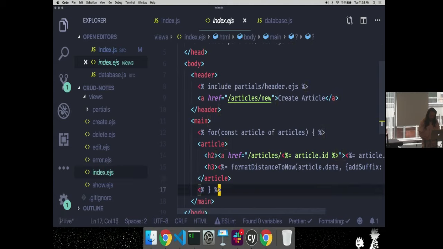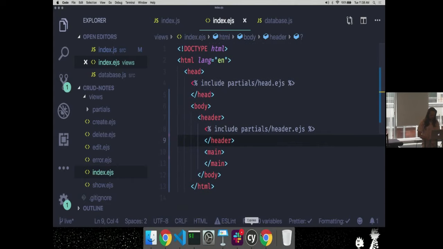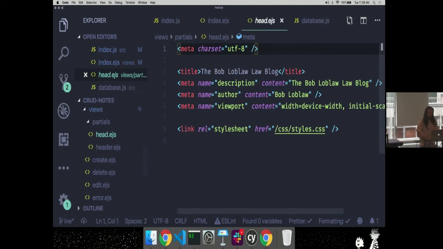I'm going to get rid of all of the stuff that's important here. And now I have a pretty basic index page that has two partials that it loads. One partial here contains all of my head information, all the stuff that I want to be on every page in the head of my document. I've put it in this partial so that I don't have to type the blah, blah, blah, blah, blog three times for each file. I can just include this in any file that I want this to have. And then also, I want these styles to be included in every single document that I render.